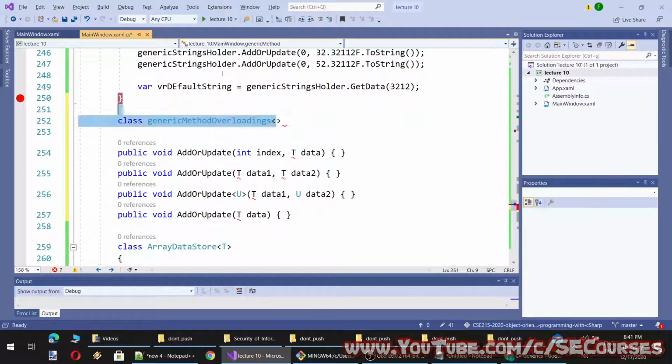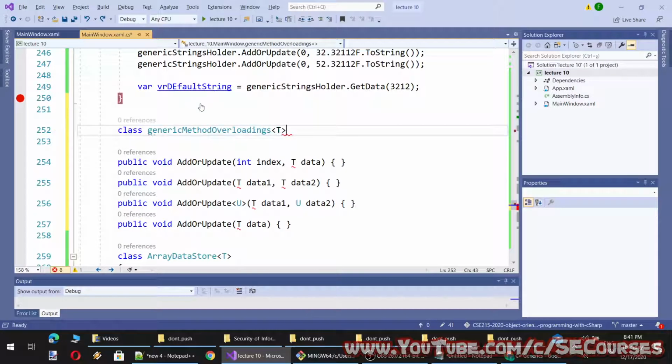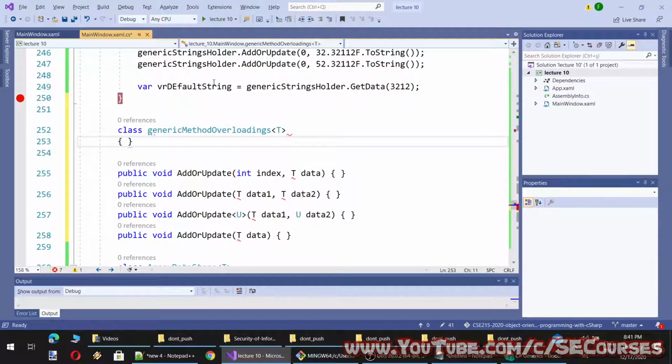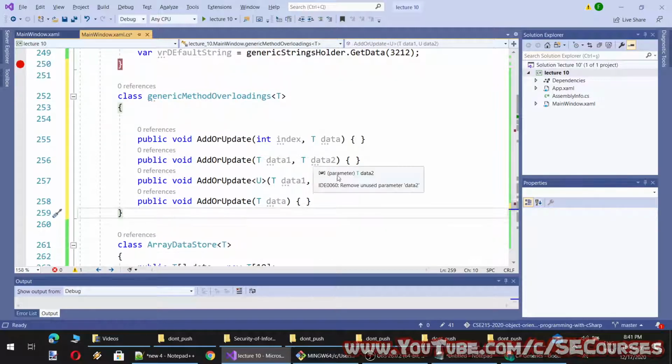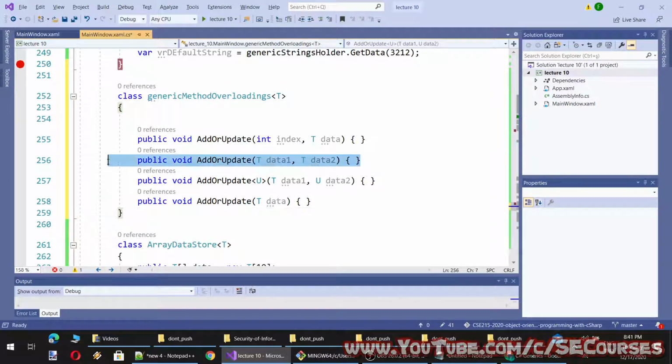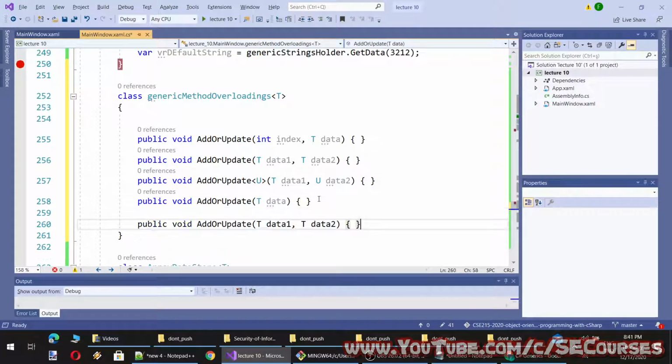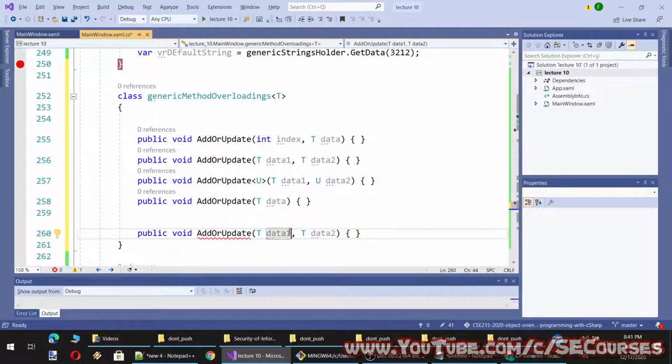T. And because they are expecting the T, yes, it is working. However, if I make it like this, I think it will throw an error. Yes, it is expecting at least some different signature. So here it is taking U.